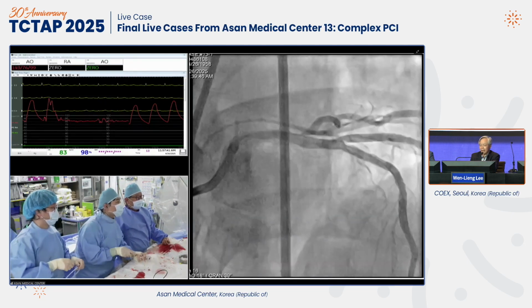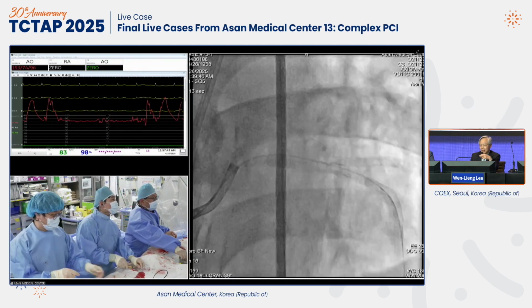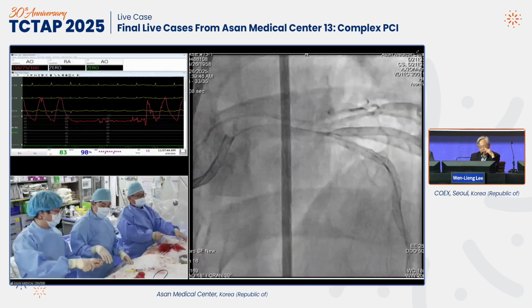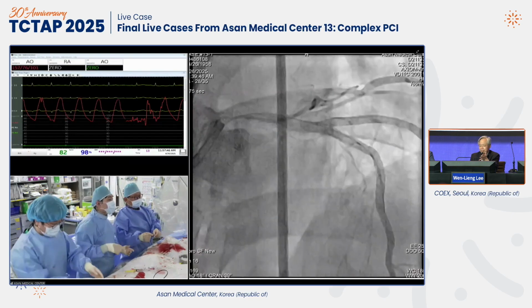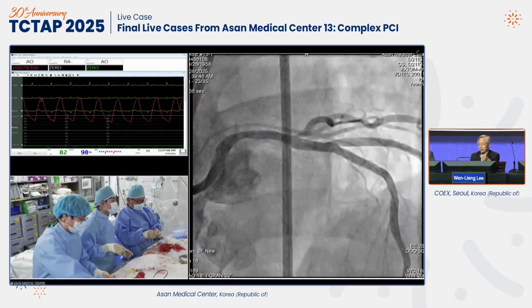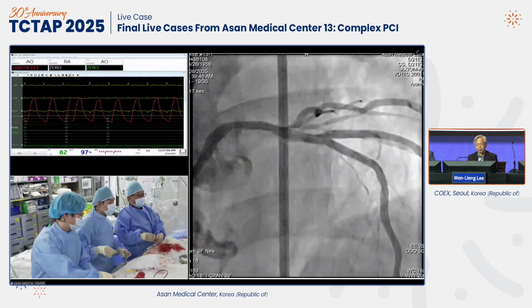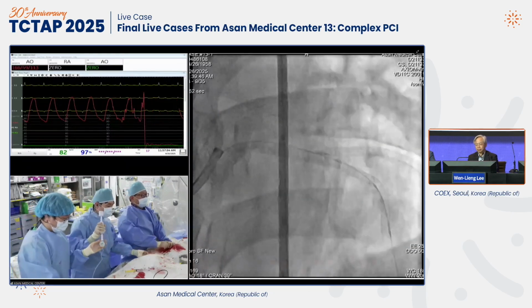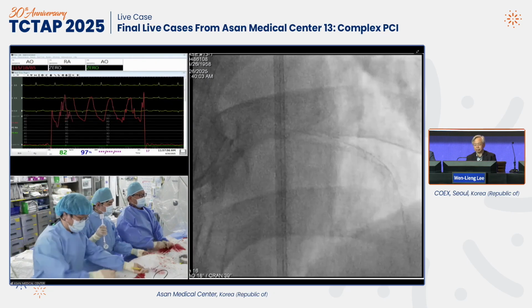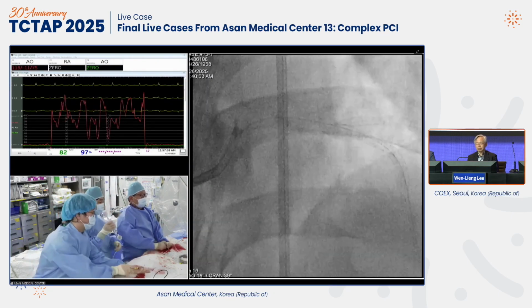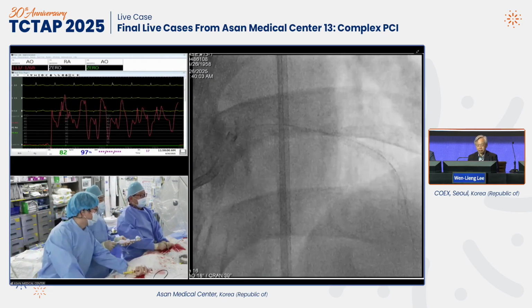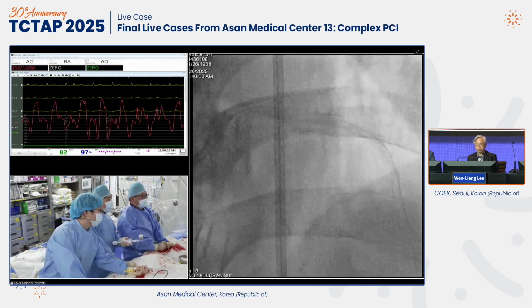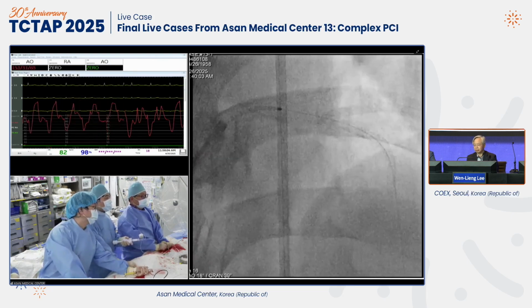When you look at the stent while it was expanding, you can see there was still some indentation at the inner curvature. So that's why the post-dilatation with a high pressure balloon is very important. After stent implantation, I like to do LAD stent optimization first using a high pressure balloon, and then we will try to rewire